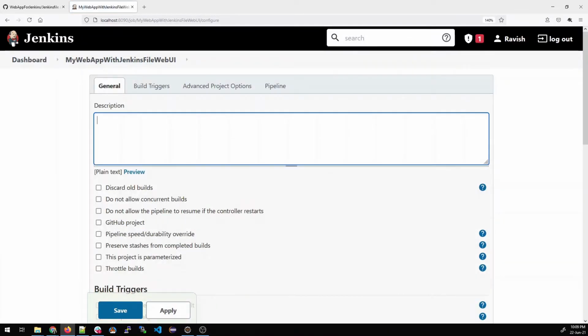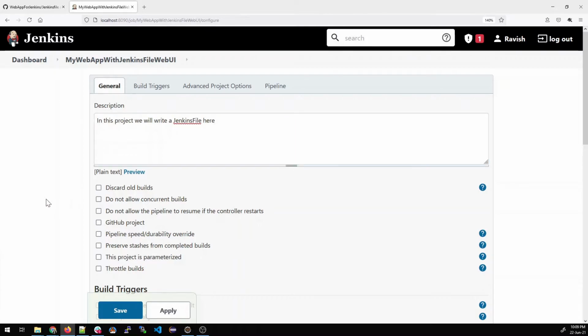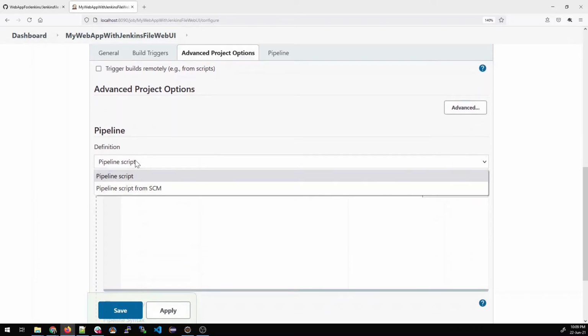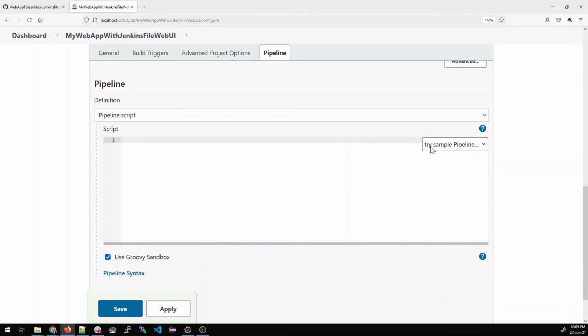Once done, the same basic thing, we'll write a description so that it is easier to identify what's happening. So in this project we will be writing a Jenkins file here only. That's all. You don't have to do anything, just come down, and you have to have pipeline script only because we are not checking out from some SCM.